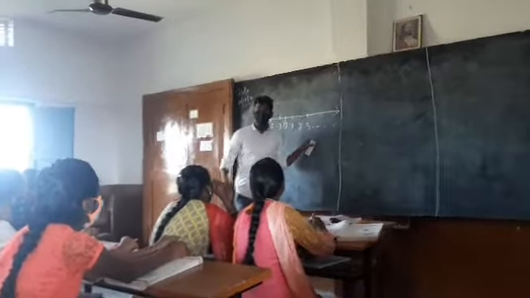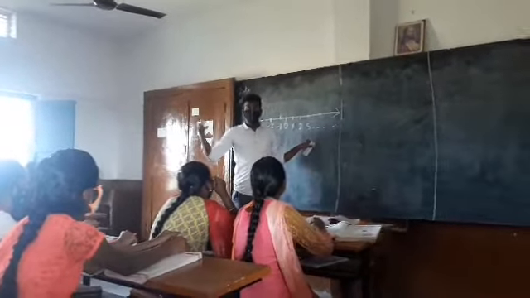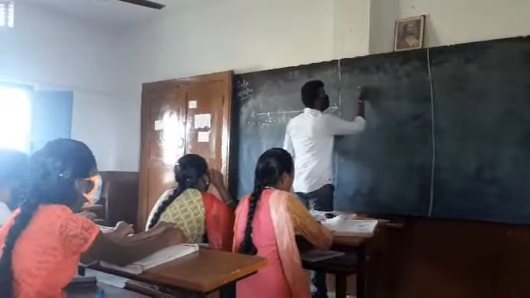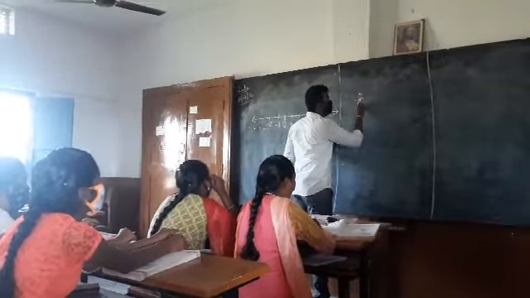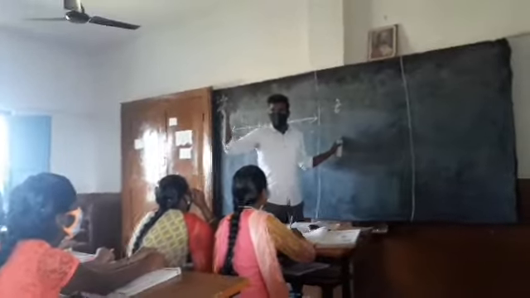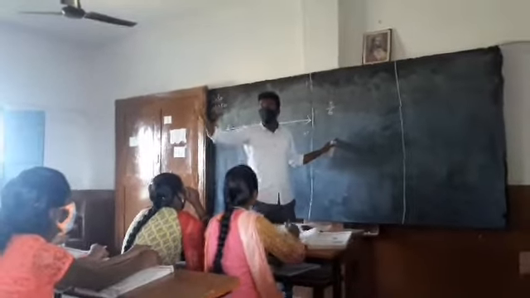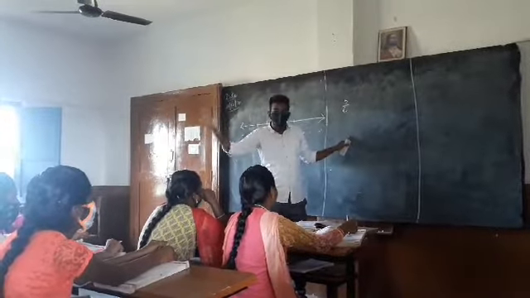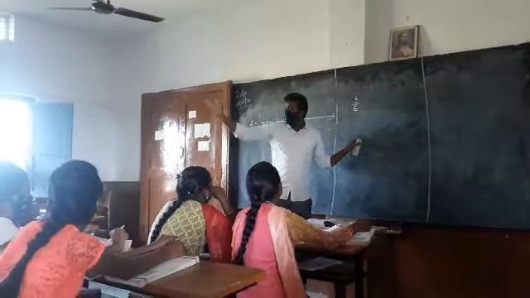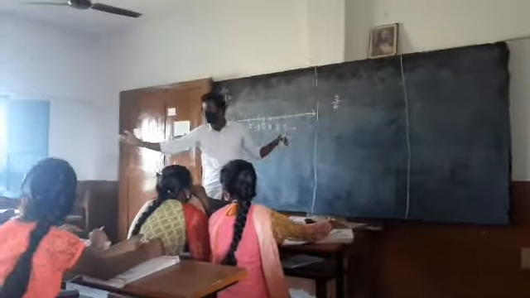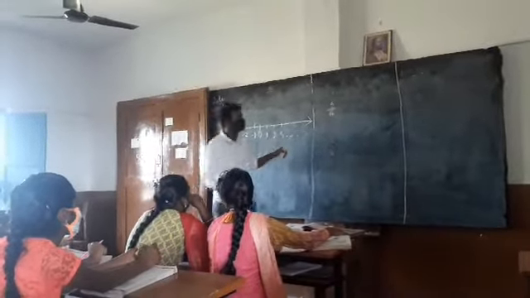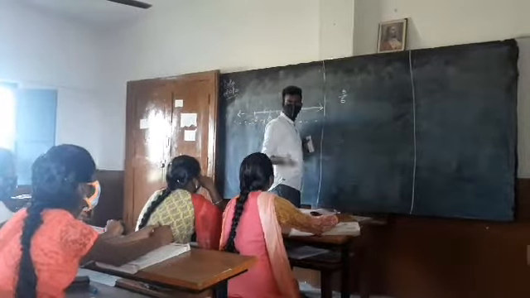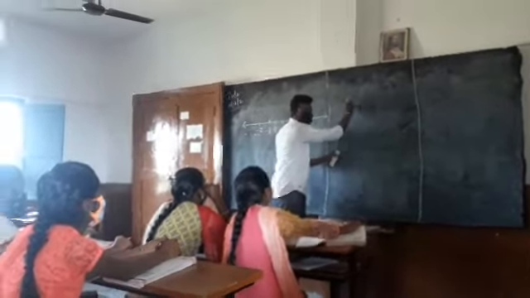So now we are interested in plotting the rational numbers. Look at this rational number. Have you ever learned about these two words? Improper fraction, proper fraction. Can anyone tell me what a proper fraction is? Numerator is less than denominator. Yes, numerator is small, denominator is big, in comparison with each other.